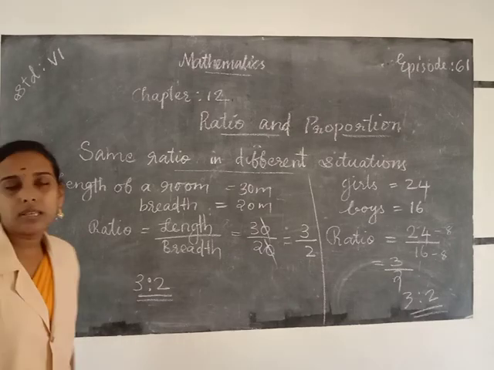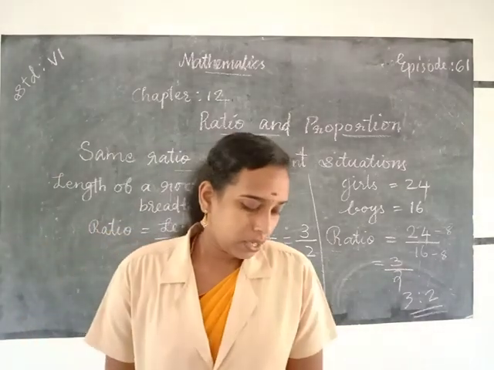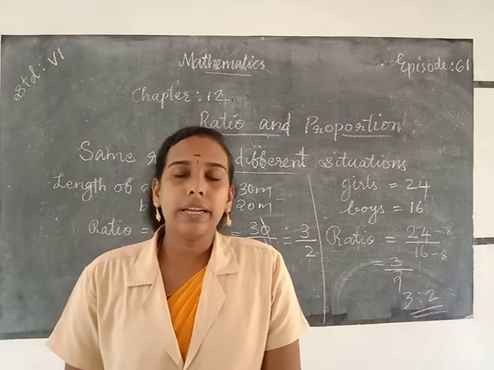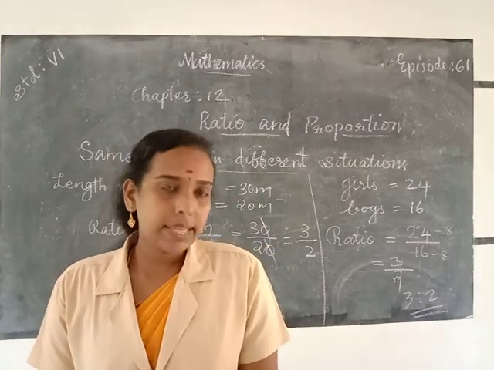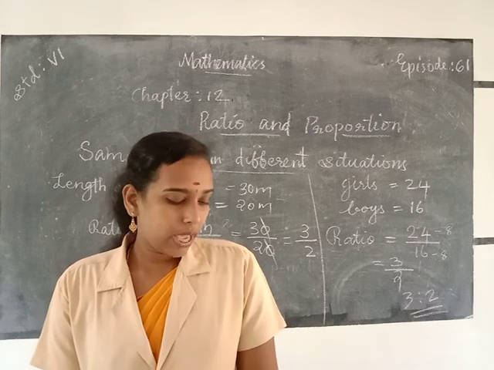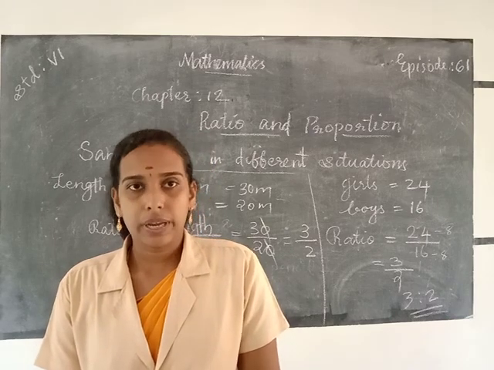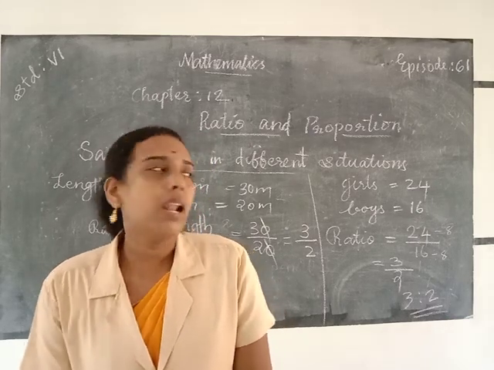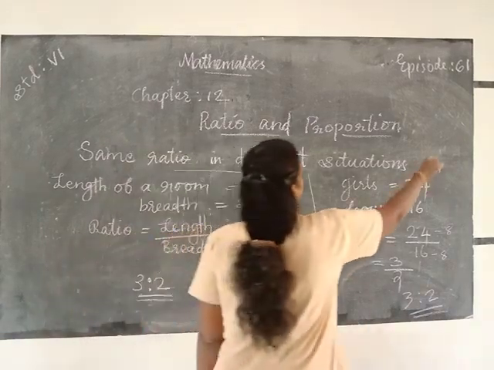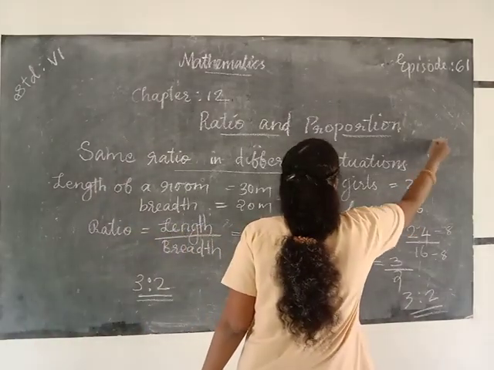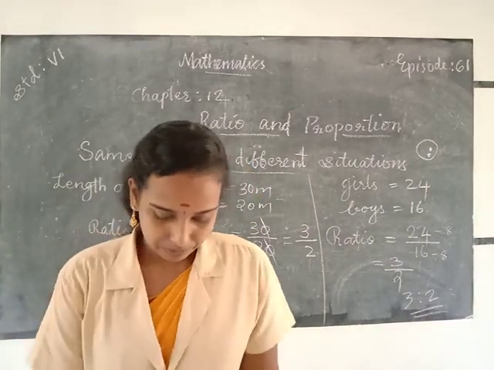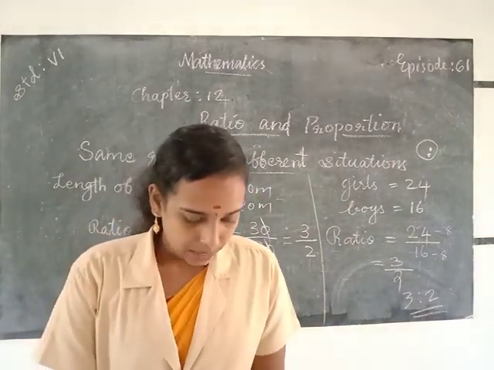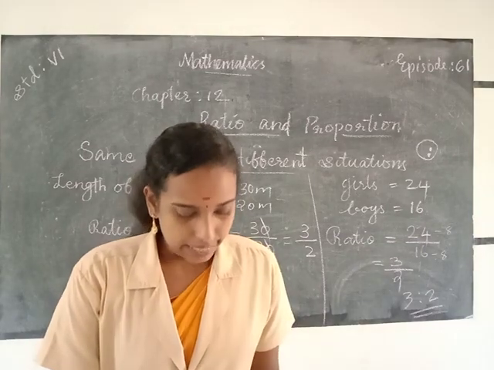Okay. So what do we mean by ratio? Ratio is the comparison of a quantity with respect to another quantity, and two quantities can be compared only if they are in the same unit. And we can use this symbol to denote ratio. Okay. And next one, it's a question.